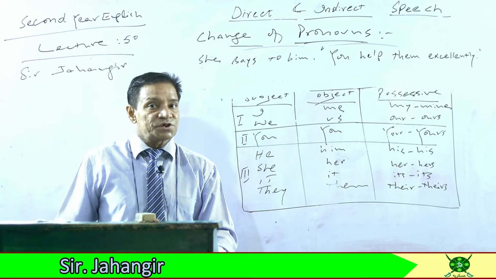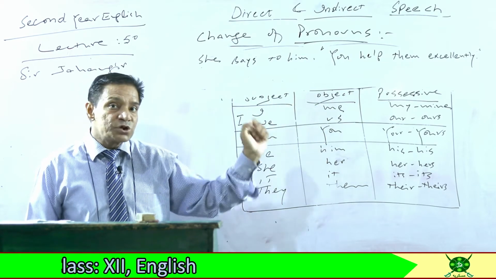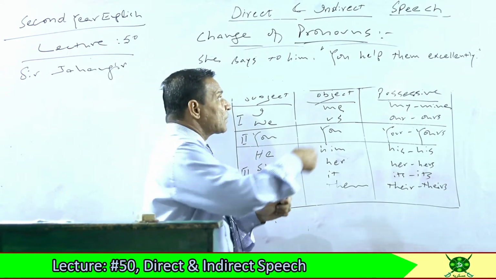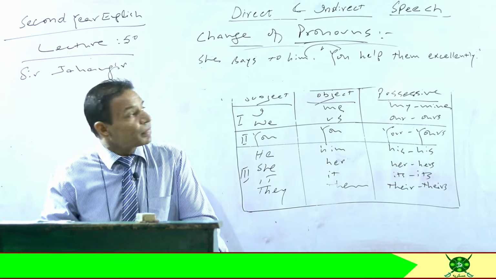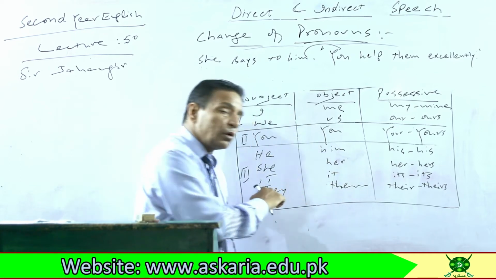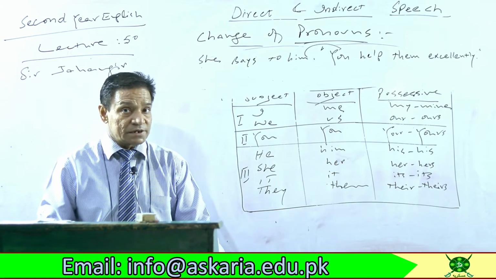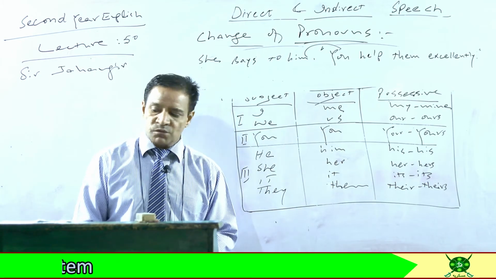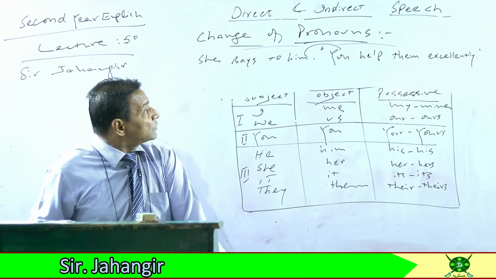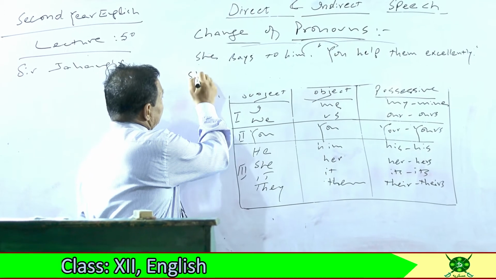And our first change is the change of pronoun. In reported speech here, we have two pronouns, you and them. What is you? You is a second person pronoun. It will be changed according to object. And what is them? Them is a third person pronoun, and I told you that third person pronouns are not changed. So them is not going to be changed. There won't be any change as far as third person pronouns are concerned.